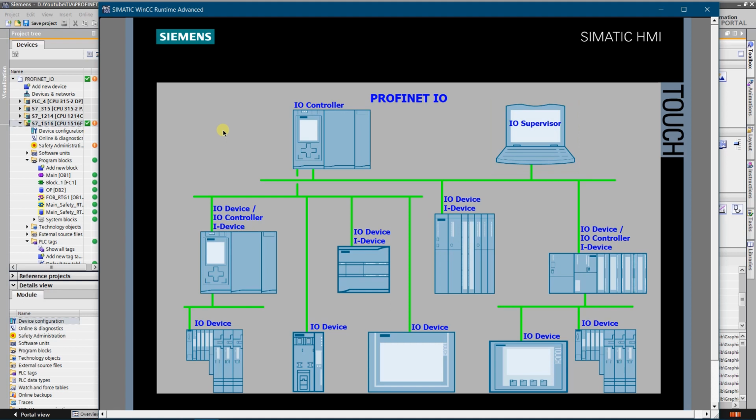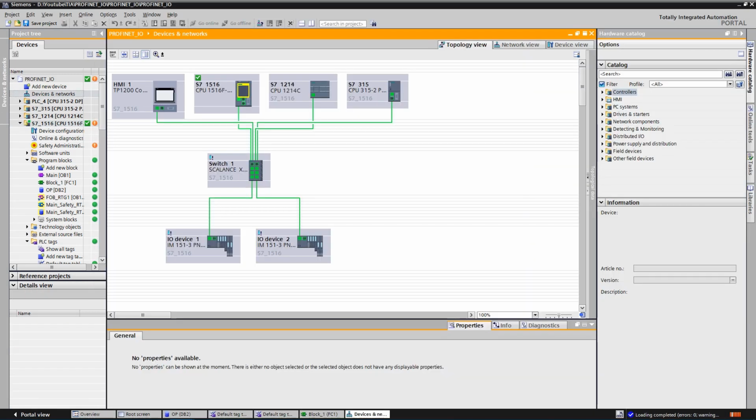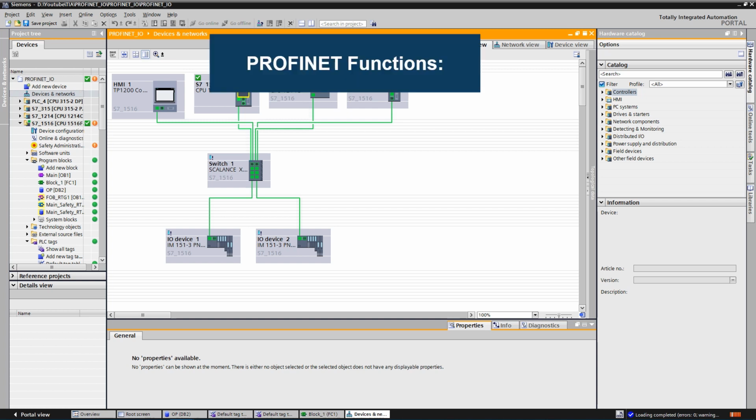In TIA portal, all parameters relevant to PROFINET are defined and transferred to the SIEMENS CPU and from there to the PROFINET devices. The CPU defines IP addresses and PN names according to the topology that was made in the TIA portal. If you want to add device into the topology, that device must support the PROFINET mechanism. In other words, PROFINET IO controllers and IO devices must support following PROFINET functions: